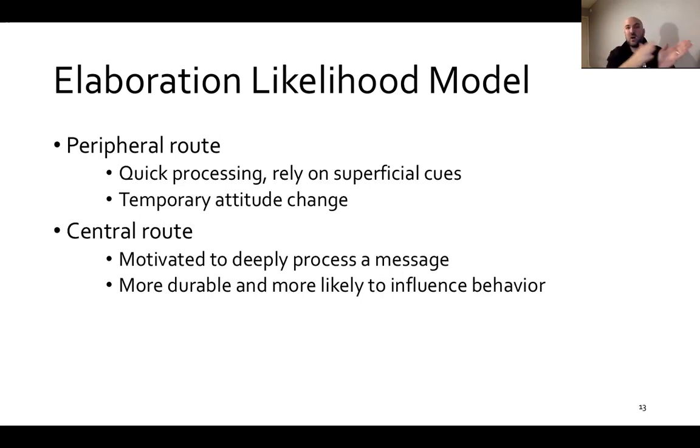The other route that's also effective is the central route. And the central route is when people are highly motivated to process that message. So they're definitely going to spend a long time. They're really likely to elaborate on that message. This type of persuasion can last a lifetime. It can change people's attitudes until the day that they die. The central route of persuasion is the route that you would want to take if you wanted to get people to drop $20,000 on a new car rather than $2 on a tub of hair gel or something like that, right? So when people are highly motivated to process this message,